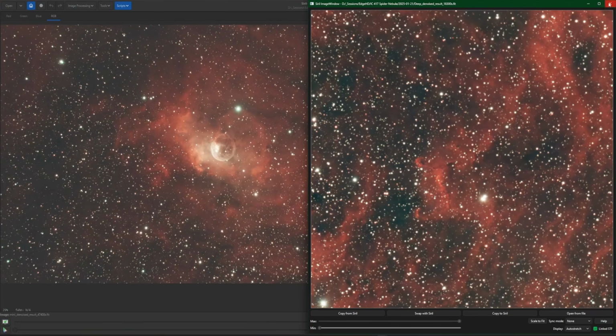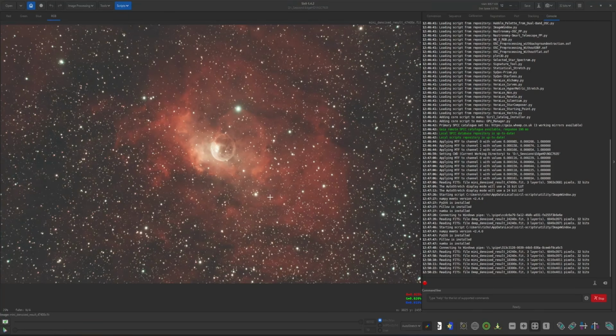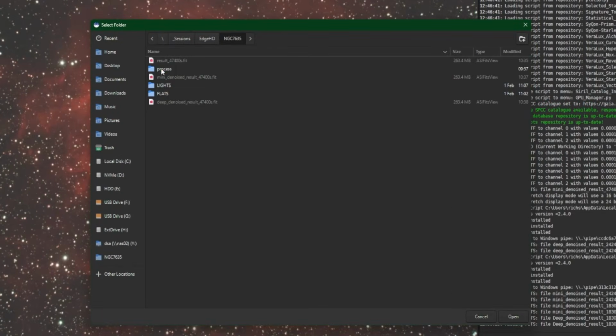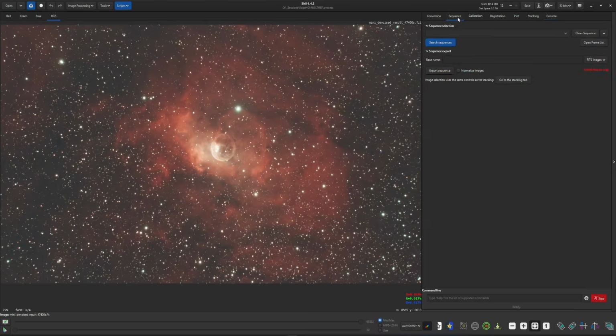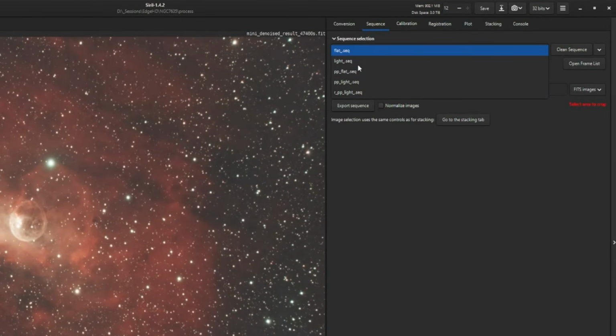So those are the examples that I have. There are a couple other features within the software that I want to make you guys aware of. And the first one is you can run this against a sequence. So right now obviously we've been running it against a single image, but if you were to have a sequence open, and I'll set my home directory to my process directory here because that's where my sequences are, and if I was to come over into my sequence tab and click search sequences,